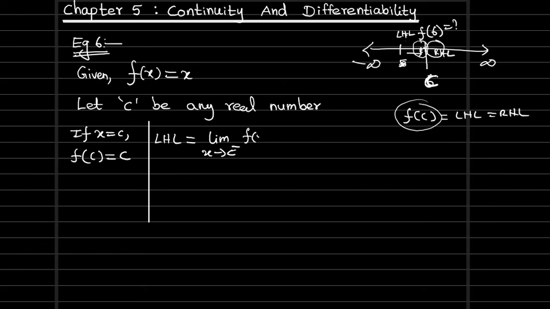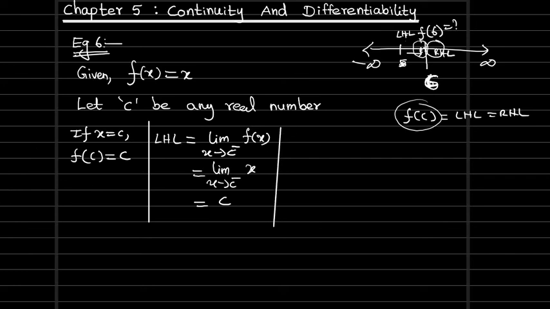Okay, f of x. What is the function? The function is x. Now replacing f of x with the given function. And the close values of c, for example I have taken 6. The close values of 6 are like 5.99, 5.98. Even if we round it, approximately we are getting 6. Exactly it's not the same, but approximately it's 6 only. So that's the reason I'm going to substitute x as c here. Approximately we are getting c.